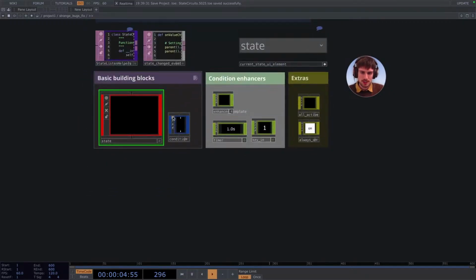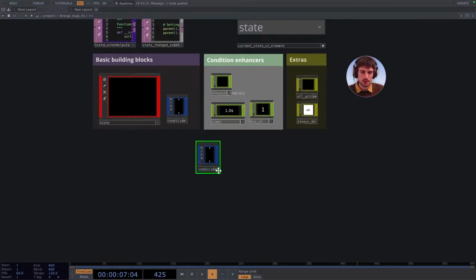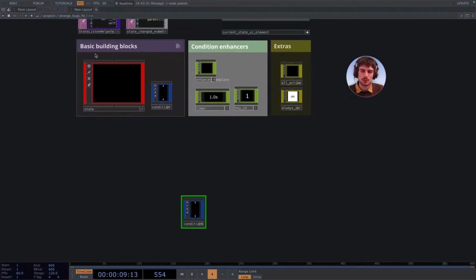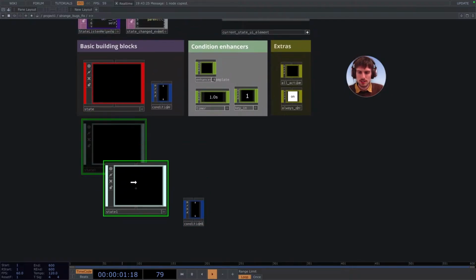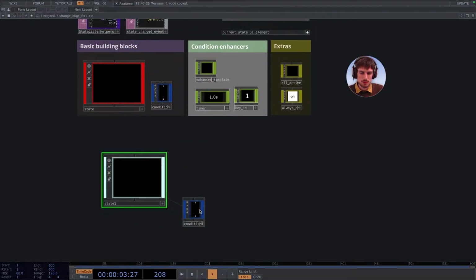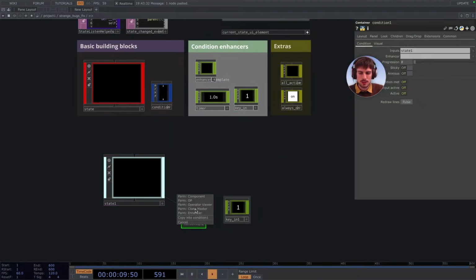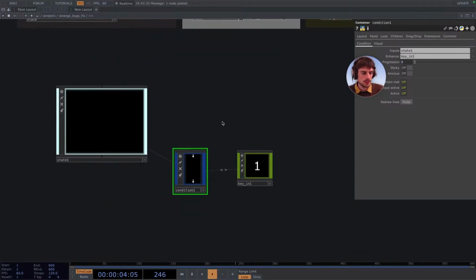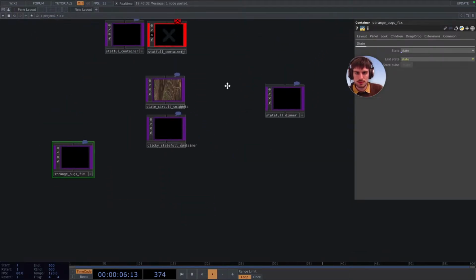So the bug is this thing where if you have a condition, or at least this is one version I found of it, and you have a state connected to it as input, and then you have, for example, a button enhancer, and you connect this to that one, and you click on it, you see there is some